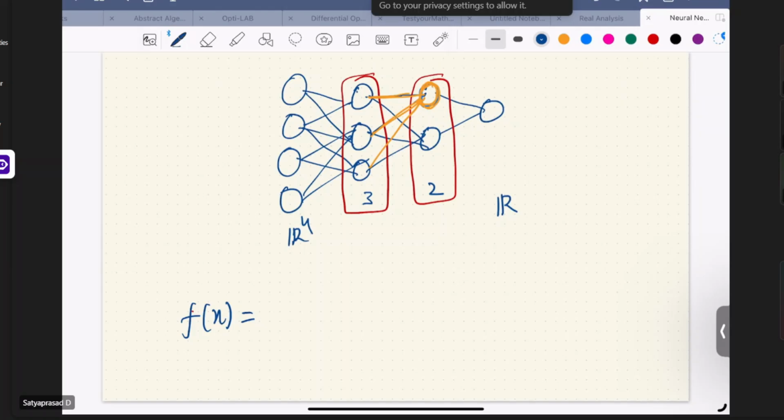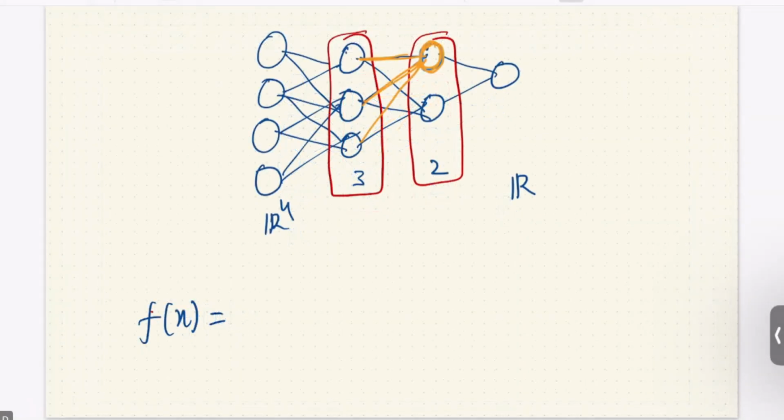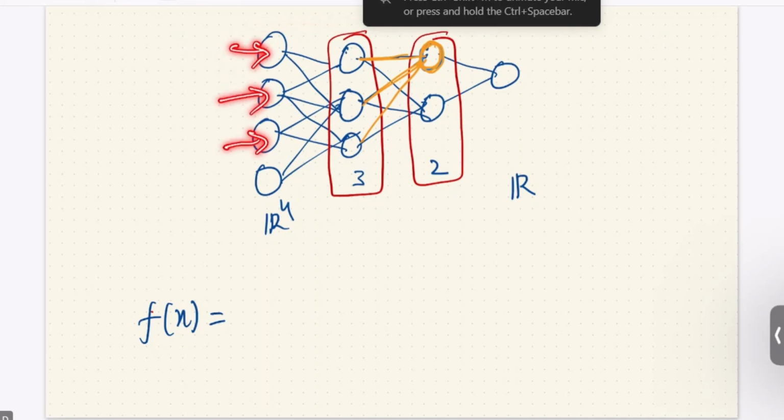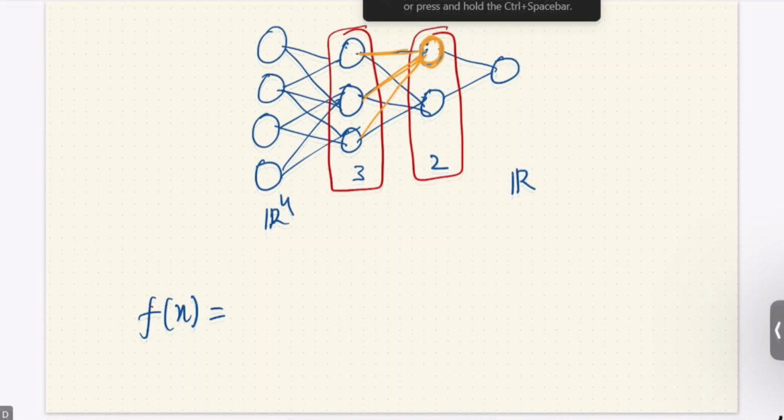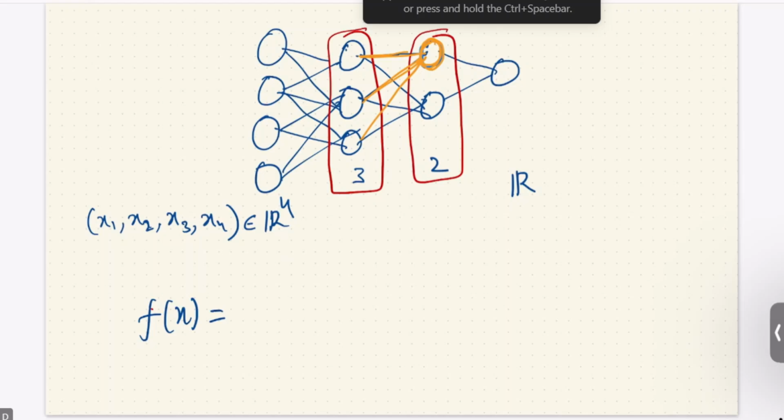So first analyze what's happening every time you choose a neural network of this kind. Think of only the information you are passing from here, the very first, which is just the raw information, that is, singular points. Let's say each coordinate is x1, x2, x3, x4. Then this element x1, x2, x3, x4 belongs to R4. You are passing it, and there are